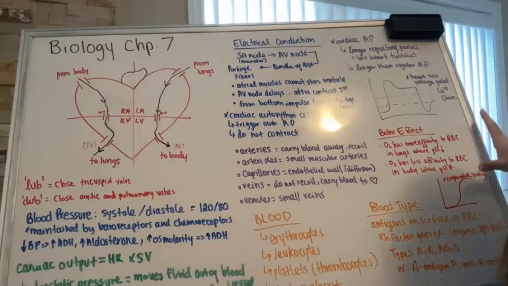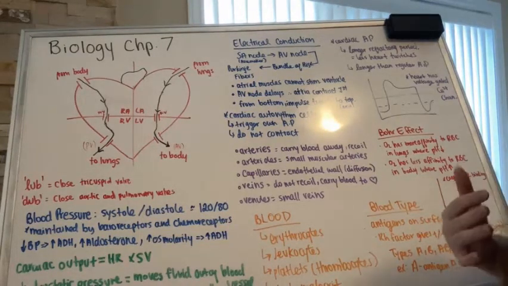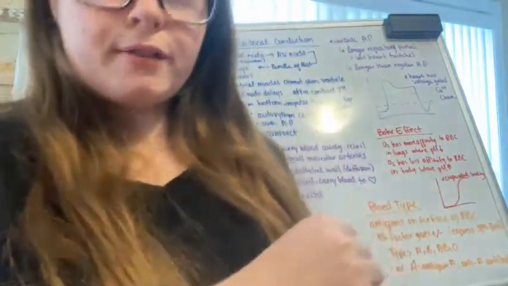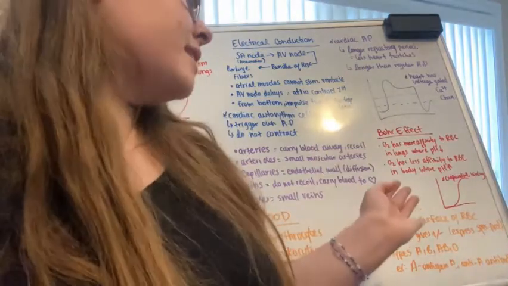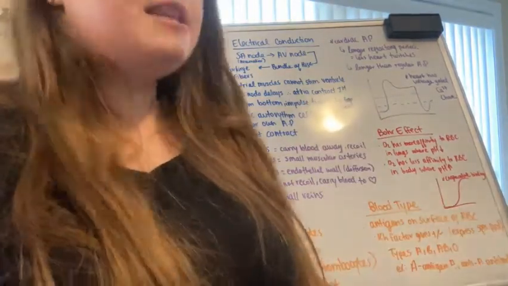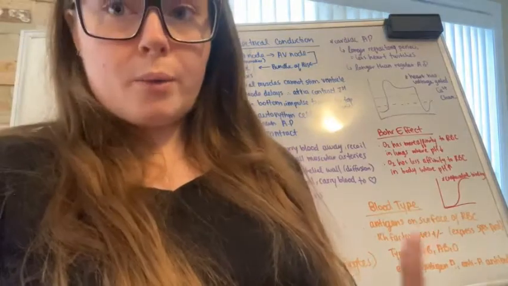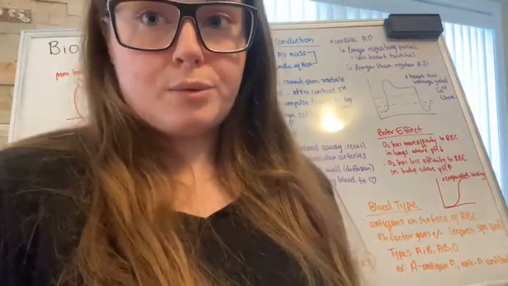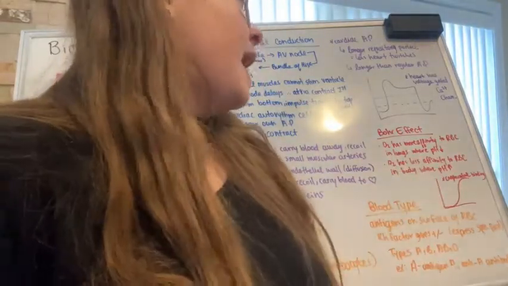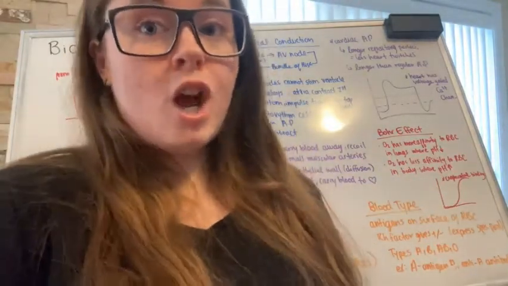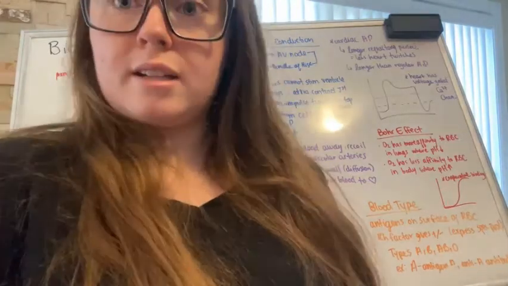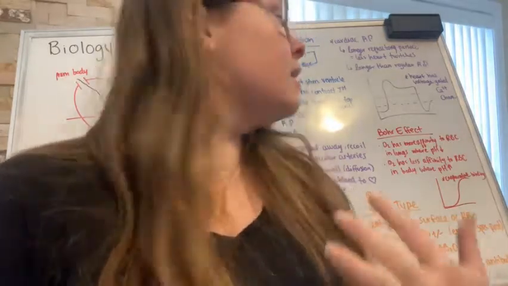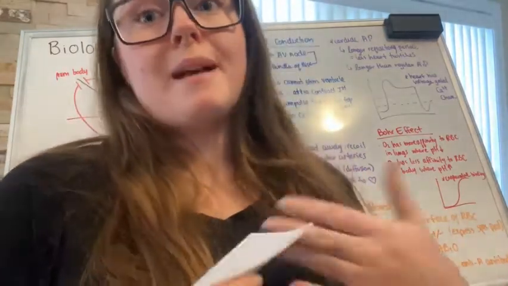The Bohr effect is a really big thing when we're talking about the respiratory and circulatory systems. Basically, the Bohr effect is a way to understand how oxygen travels through our body and how we are able to breathe out the CO2. So oxygen has a higher affinity to red blood cells in your lungs, and that's where the pH is lower. That is the case so that when the blood is in your lungs, it can pick up as much